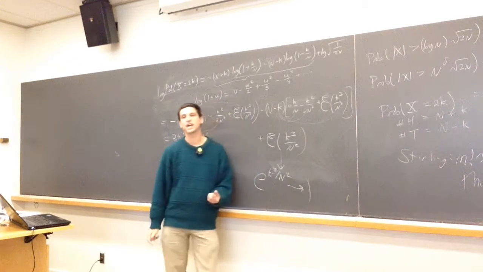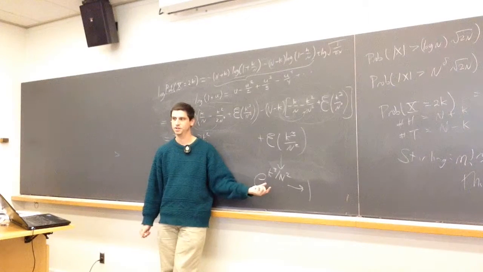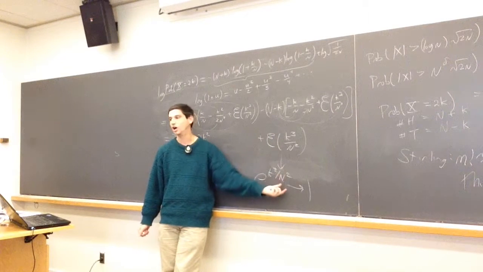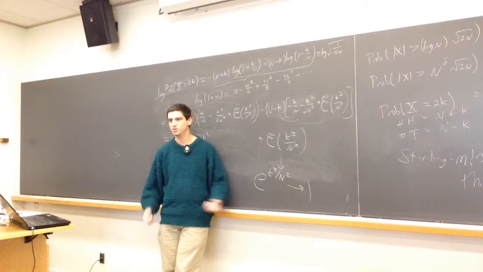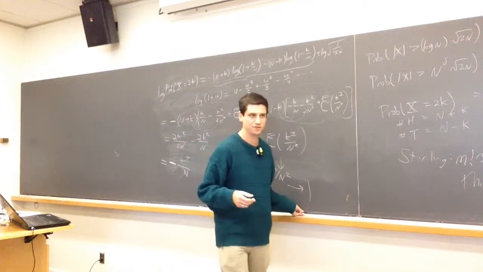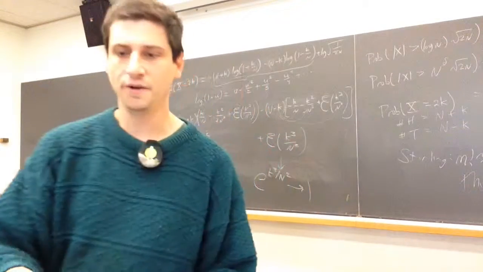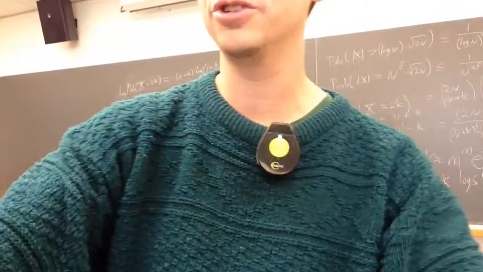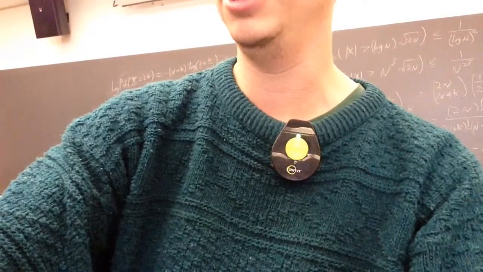And that's how you can make the analysis rigorous, is that these higher order terms aren't going to affect things in the limit. All right, so this is the central limit theorem in the case of flipping coins. Starting on Monday, we will do generating functions, and we will then start doing the preliminaries to prove it in